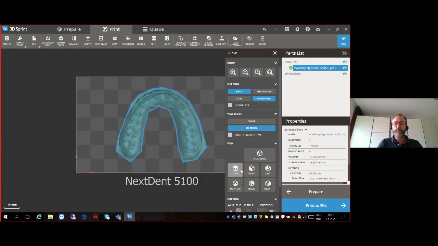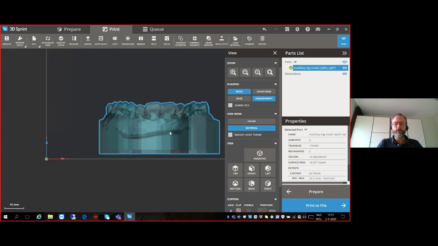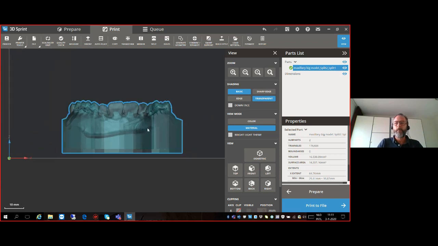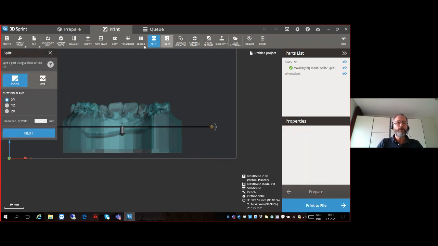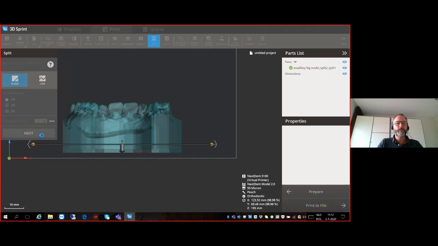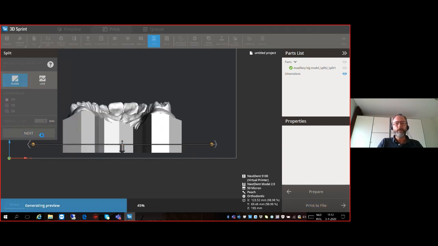Now, let me see. For this one, I would like to have the front. And then again, I can go to the split option, but now I'm not using the line, I'm using the plane. And I'm going to drag this a little bit. If you see here, this is the bottom of the model, and this is where I split. And by now splitting the model,